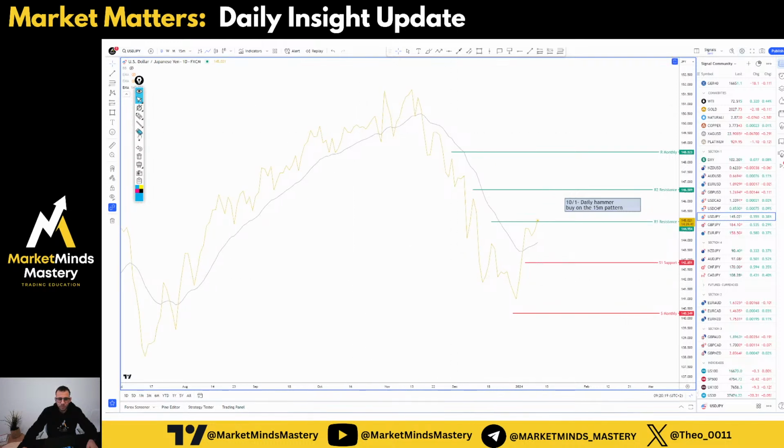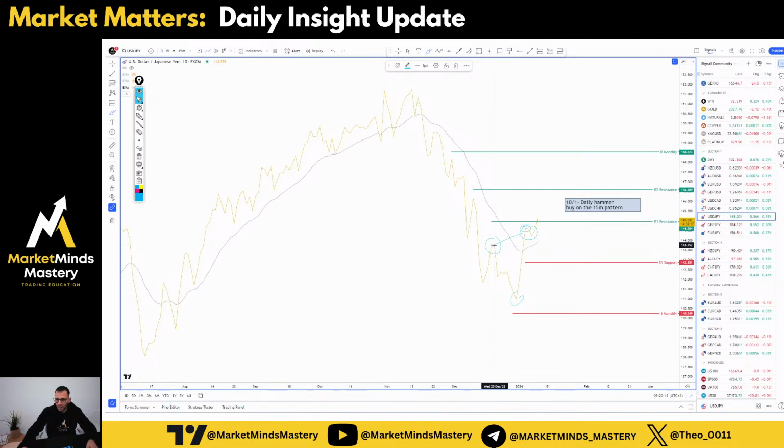So if you want to observe these swings, you better understand that there is a swing high that is higher than this swing here. Okay,